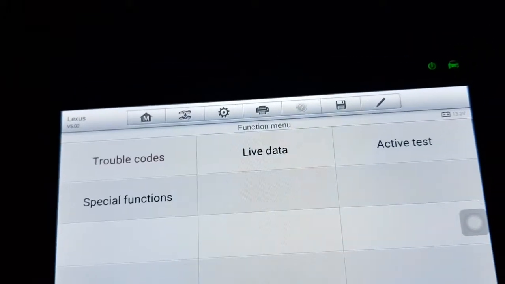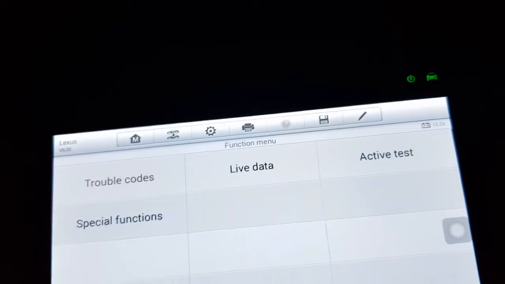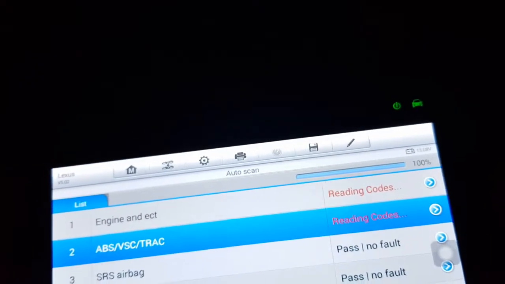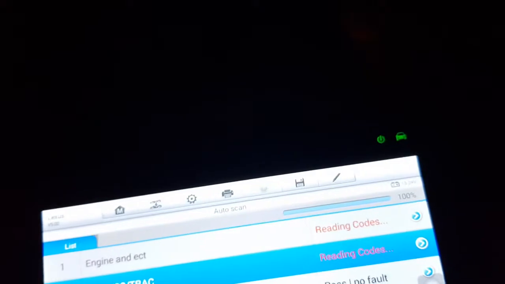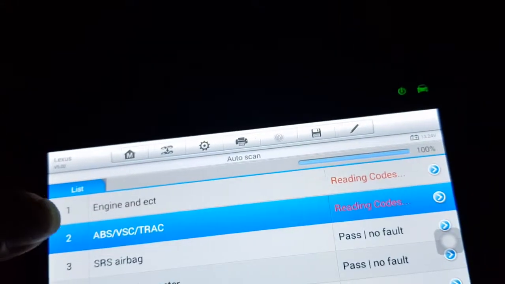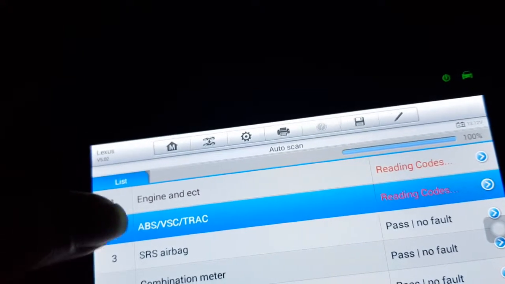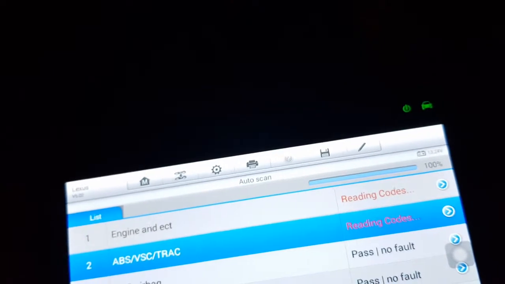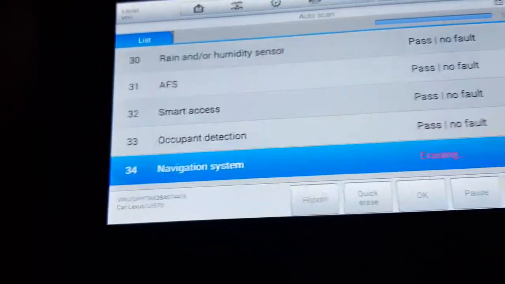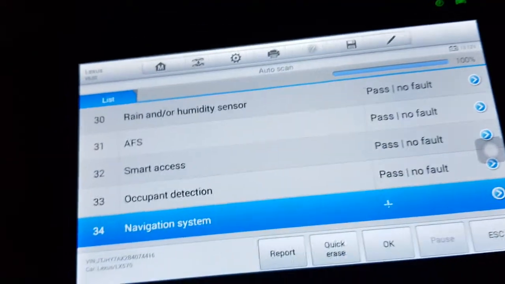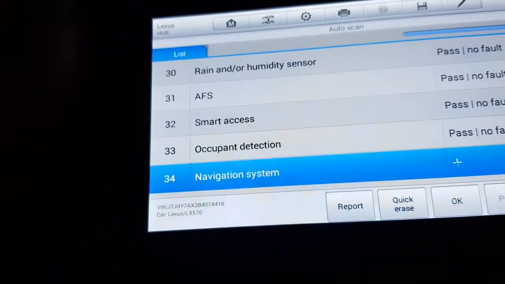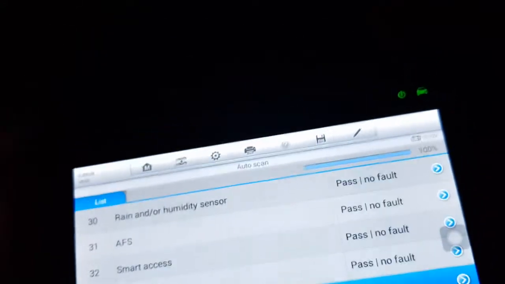So probably because I erased the ECUs, the ECT module already erased it automatically, because the code had to do with the engine side. Let me make a quick erase. The remaining ones are secondary, they don't affect the engine. It's some things that maybe don't work, maybe with audio, speakers or something like that.